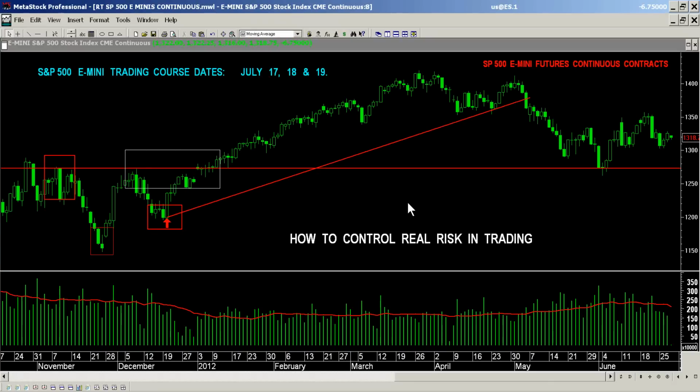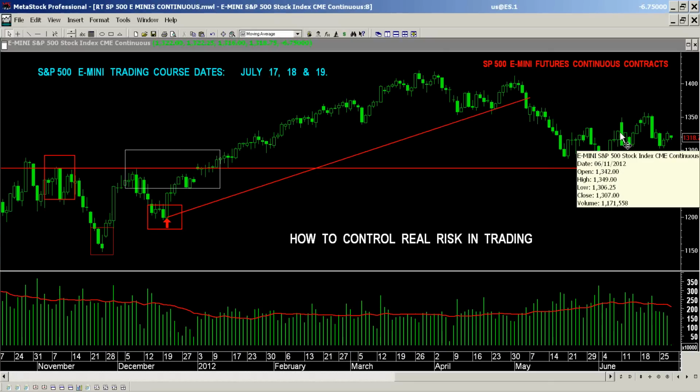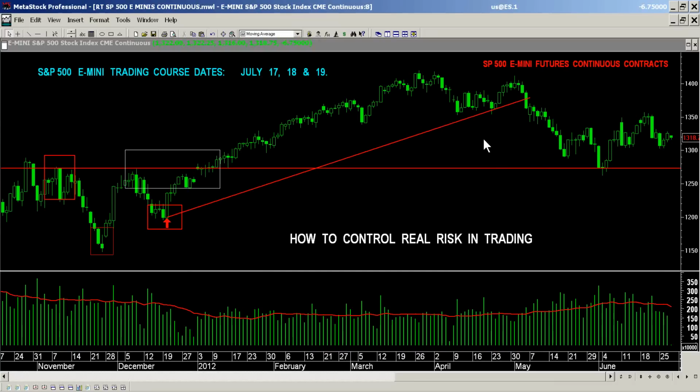A contract is a unit of size, and this is essentially much smaller than its big brother, the S&P 500 futures market. So every 1/4 of a point is $12.50. So 4/4 of a point equals $50. So every point move, whether down or up, is equal to $50. Our price profit point moves are calculated in advance to control the risk and maximize the reward. So in controlling real risk in trading this market,